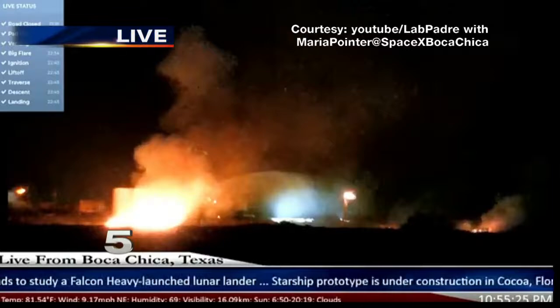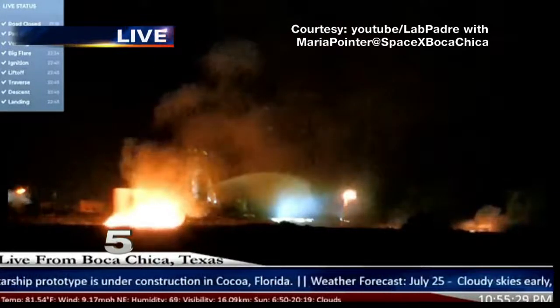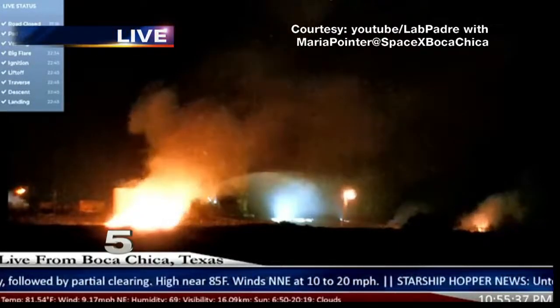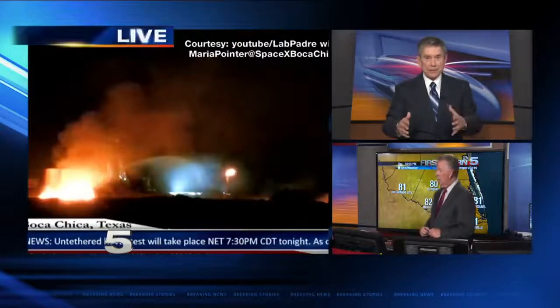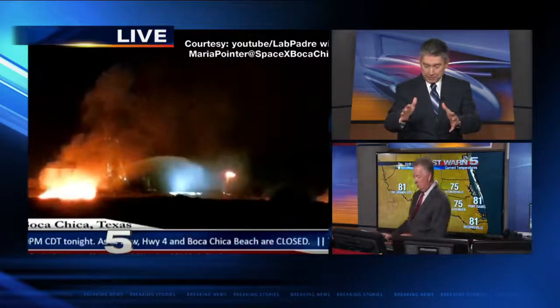The fire suppression equipment's going, but there's a pretty good flame burning this side of what they call the Three Amigos, those little tanks that are right there in the foreground. Those are going pretty good, but they've got the fire suppression. You see the water being poured on as we speak. Yeah, and they do have a fire truck, but we don't know for sure if that's water from the fire truck that's being used out there, or they have a piece of equipment that's throwing water out in the launch